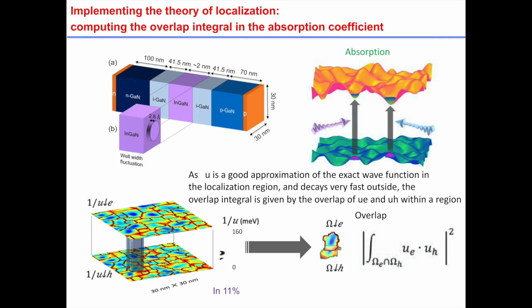And here again, it's a huge approximation. Instead of taking the true electron and hole wave functions, we just take the overlap of the partition of U functions in the conduction band and valence band, that is, the overlap of electron and holes in the U subregions. Okay, so this is a big approximation, but it works very well.